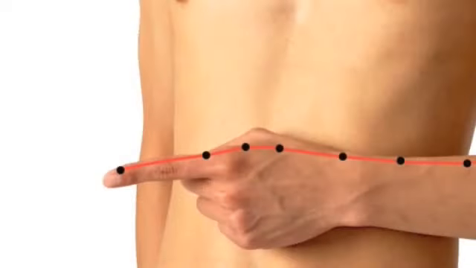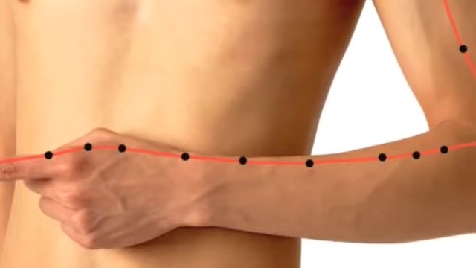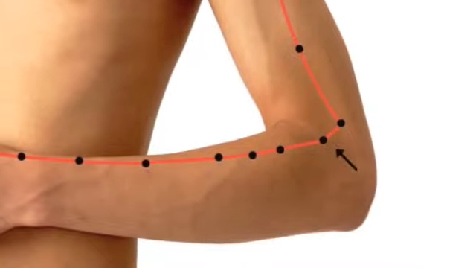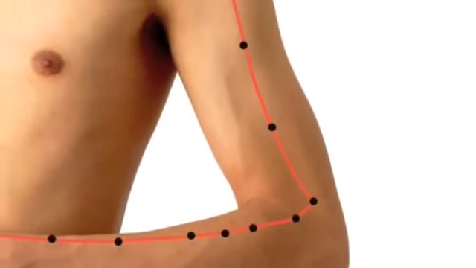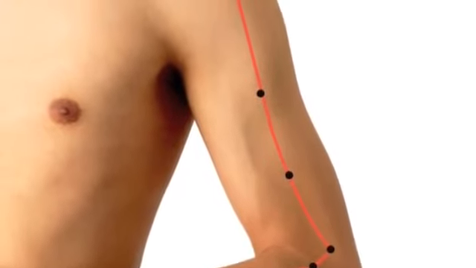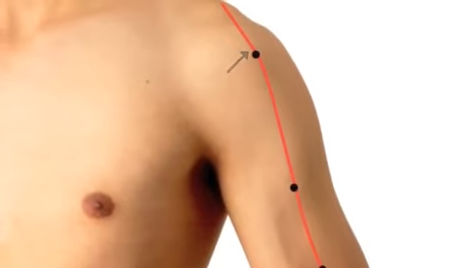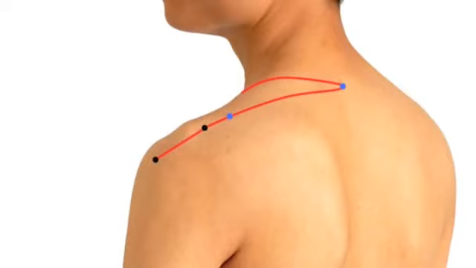The large intestine channel of Hand Yang Ming starts at the radial nail point of the index finger. It ascends the radial aspect of the hand and forearm, passes the lateral end of the transverse cubital crease, ascends the anterolateral aspect of the upper arm, passes anterior and inferior to the acromion process, traverses the top of the shoulder, passes through small intestine 12 and DU14,